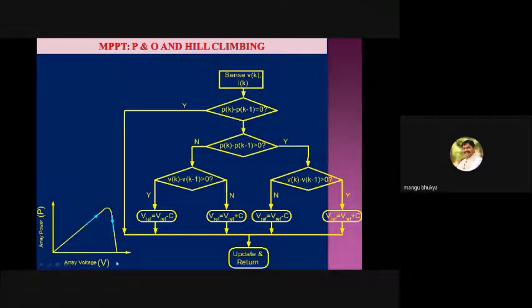I will go on increasing the voltage across the panel and observe whether the power drawn from the panel is increasing or not. If voltage increases and power also increases, fine, both are changing. But how do I know whether I have reached the peak point? I will gradually increase, and if power is also increasing, I am on the right path. Then I go on increasing the voltage and watch the power. Suppose I have increased the voltage but power has decreased. That means I have crossed the peak point.